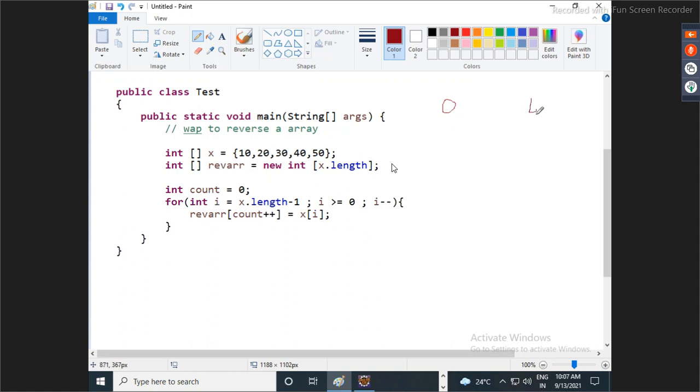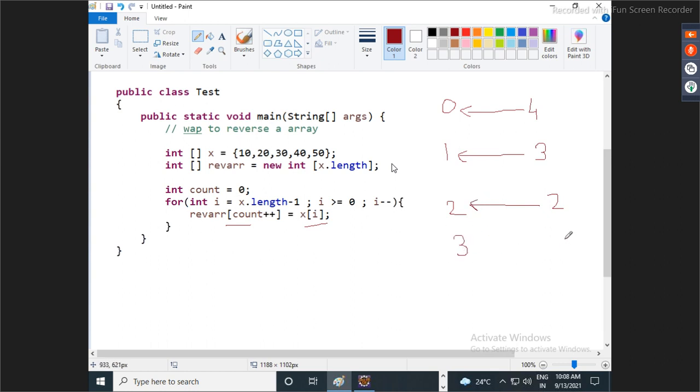So the fourth position value will go in which position? 0. See, the fourth position value goes in 0. After this, count becomes 1, i-- gives 3. Third position goes in 1. Then again count++ gives 2, i becomes 2. So position 2 value goes in 2.